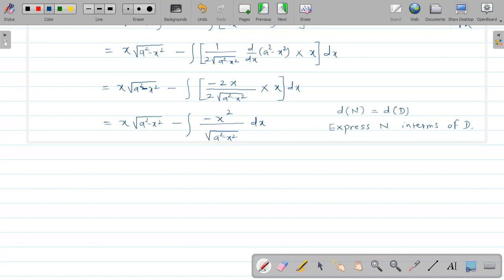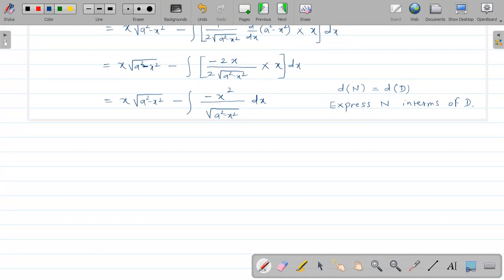Now here we require minus x square also. Do not write minus plus here because the denominator contains the term a square minus x square. So you have to adjust a square here, but we require minus x square also. So here you have to understand that we have to keep that minus x square as it is, because by practice always we will write here minus plus, but do not write here because I will adjust the numerator, means to express the numerator in terms of denominator we require minus x square as it is here.